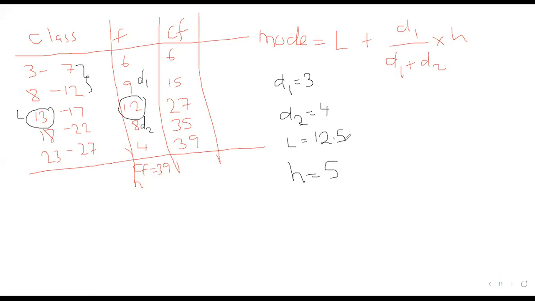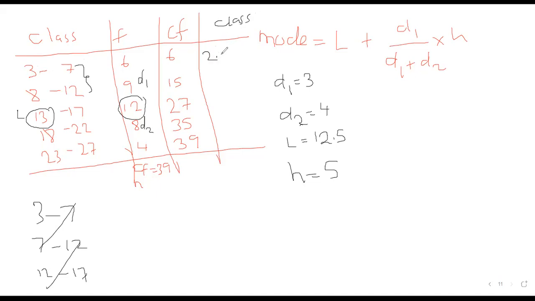So ideally, the first question we need to ask ourselves is, are these classes adjusted? The ideal situation is 3 was supposed to go to 7. Then we start with 7, supposed to go to 12. Then we start with 12, supposed to go to 17. But because this is not happening, this is the pattern. We need to subtract 0.5 here and add 0.5 there, so that the actual classes that we have are